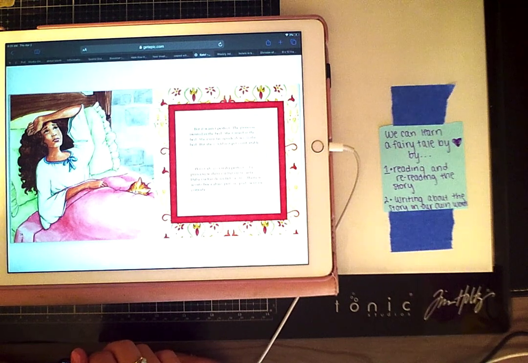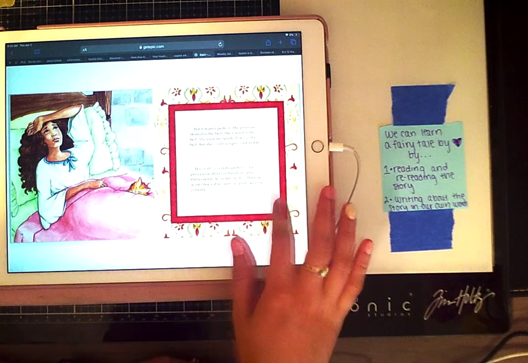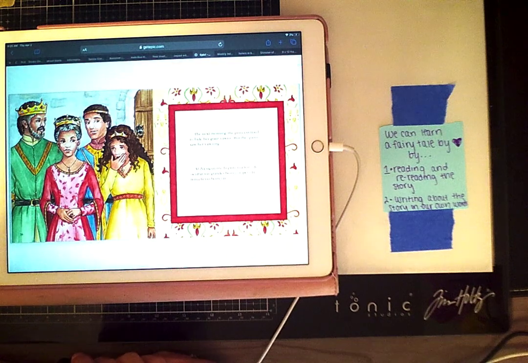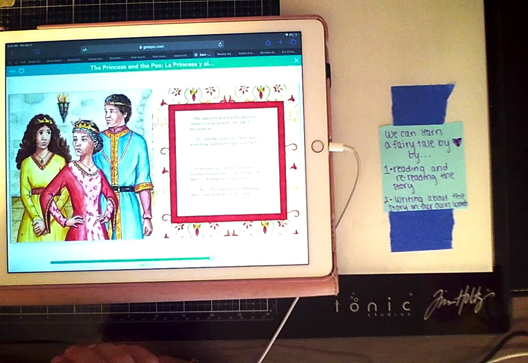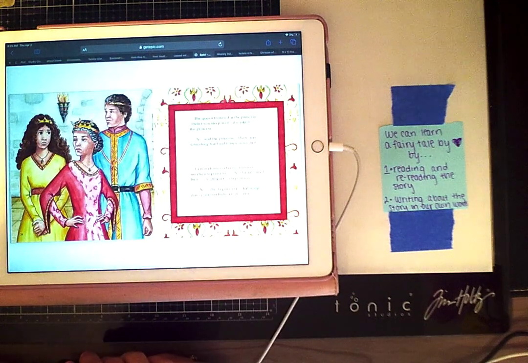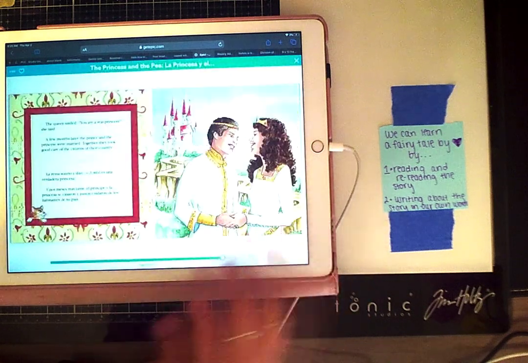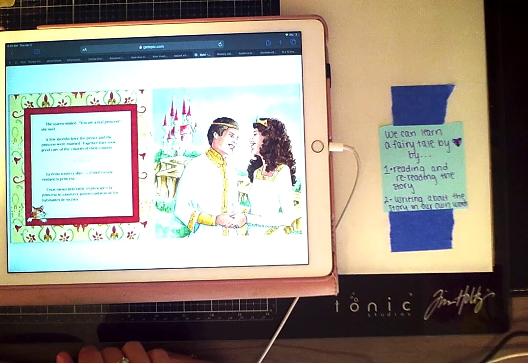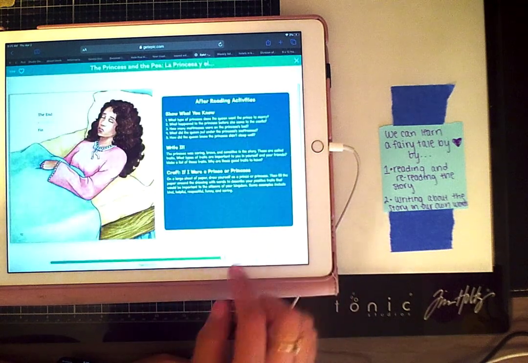The princess twisted in bed. She turned in bed. She couldn't even lay upside down in bed. But she couldn't get comfortable. The next morning, the princess tried to hide her giant yawns, but the queen saw her yawning. The queen frowned at the princess. Did you not sleep well? She asked the princess. No, said the princess. There was something hard and lumpy in my bed. The queen smiled. You are a real princess, she said. A few months later, the prince and the princess were married. Together they took good care of the citizens and the country.